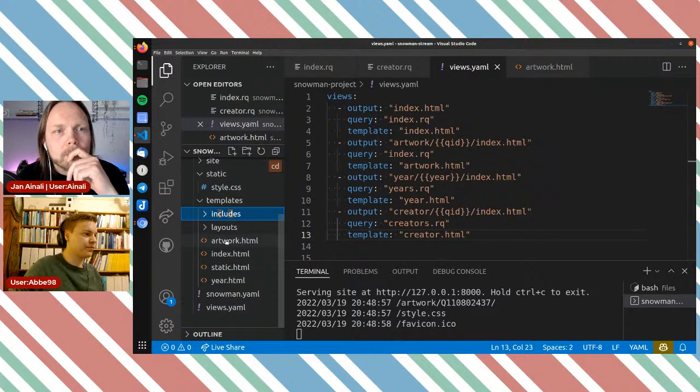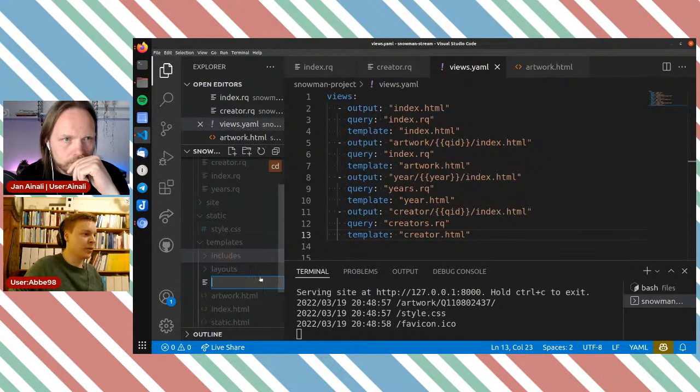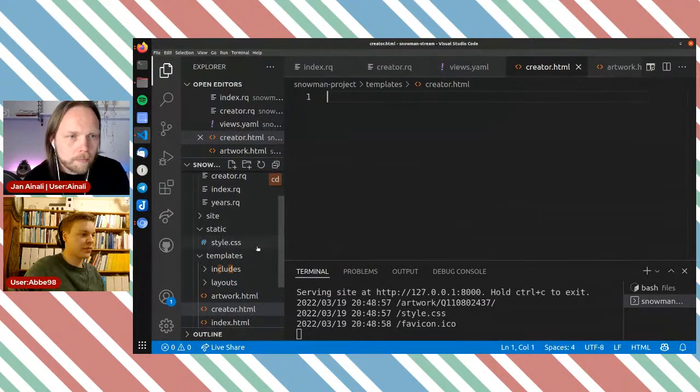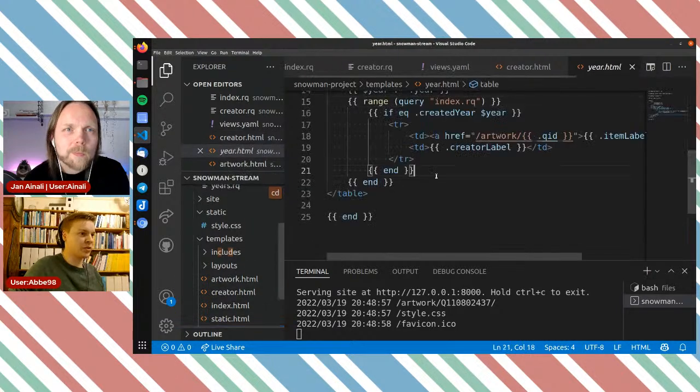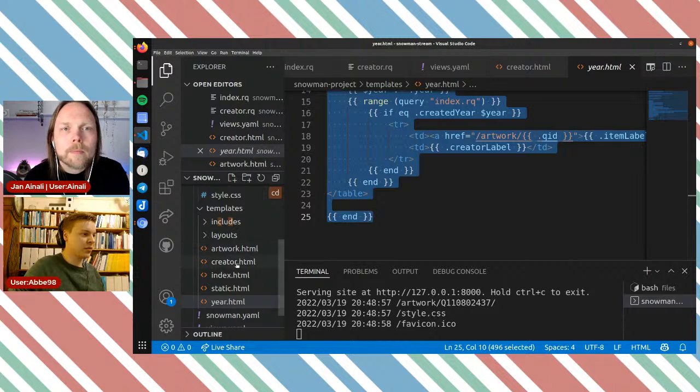So that's nice. Let's do a new template. Creator.html. There we go. Again, I'm gonna copy something. Let's copy this one. It should be a good starting place.